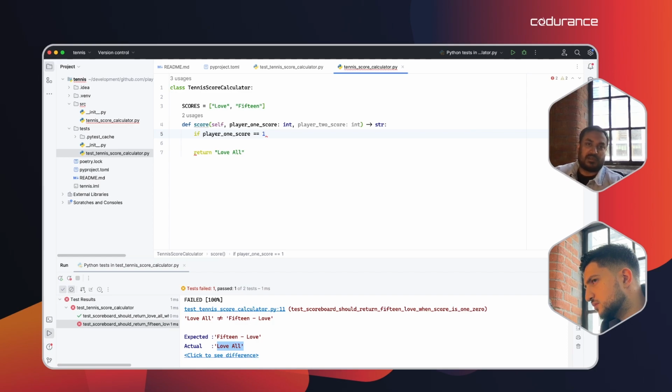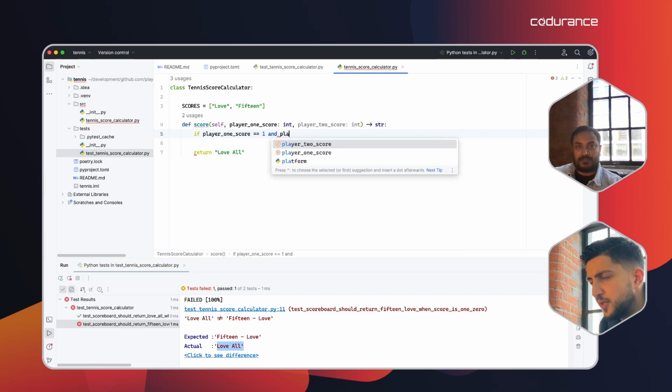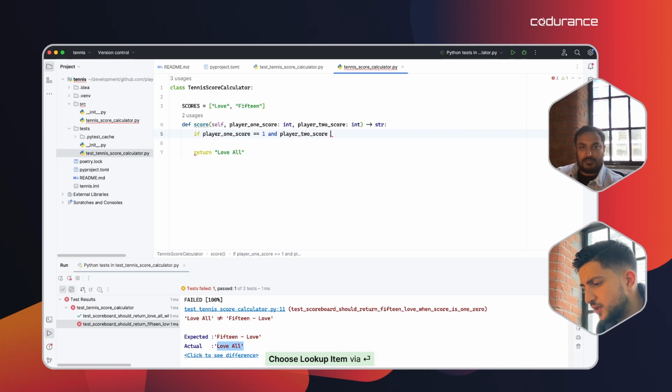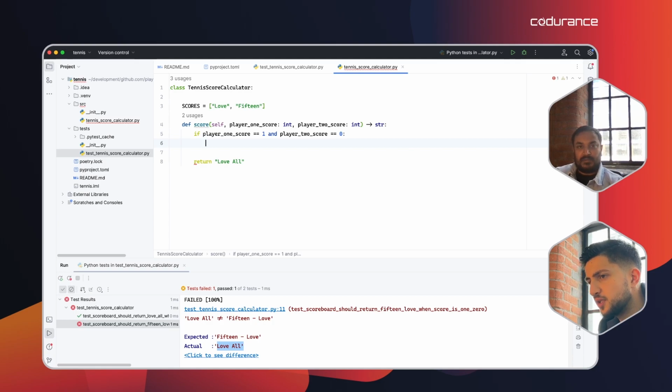So we can check if the player 1 score is 1 and player 2 score is at 0, then simply return 15 love. Okay. And perhaps we can then refactor into your suggested solution. With the scores? Yeah. Okay. So let's go for that then. Player 2 score equals 0. And then from here, we can just output or return